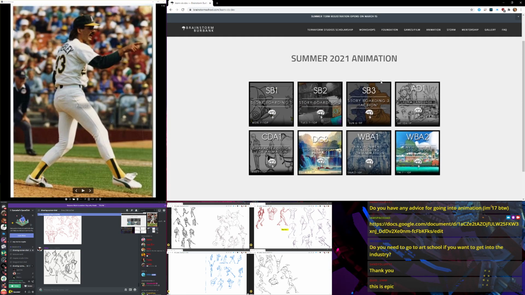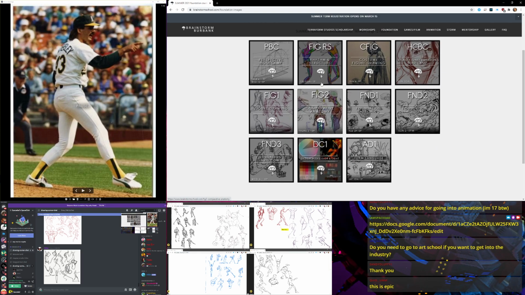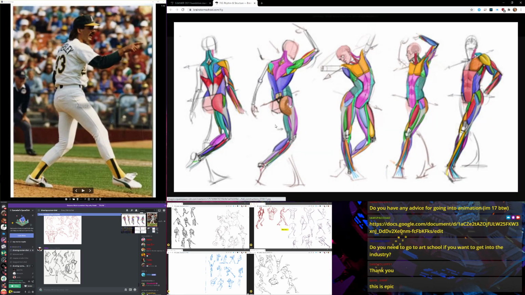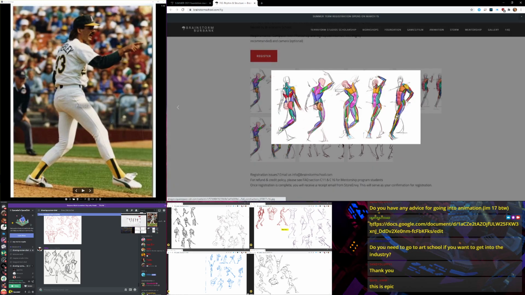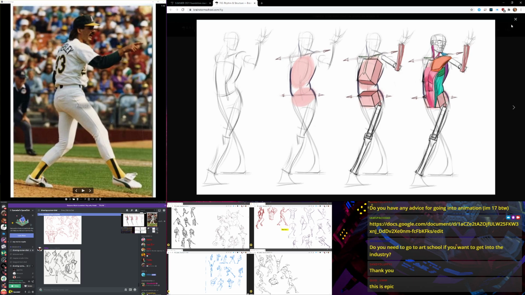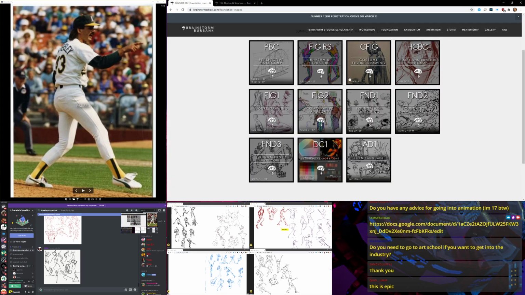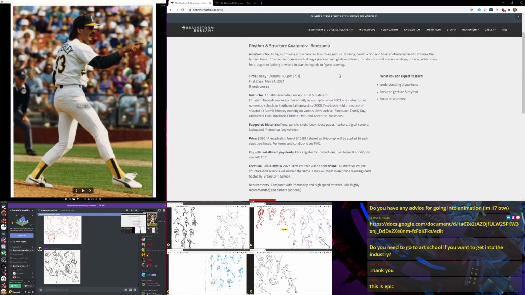Brainstorm Burbank. Let's see here. Okay, these are more animation focused stuff. You'd want to get into the foundation stuff. So like rhythm and structure, this course called Rhythm and Structure is basically an analytical figure drawing class. Quick thing to mention, because I was actually on that site a couple days ago: for some odd reason the registration link was broken and didn't exist in their store. I don't know if that was just a fluke or if they just aren't offering the class anymore.